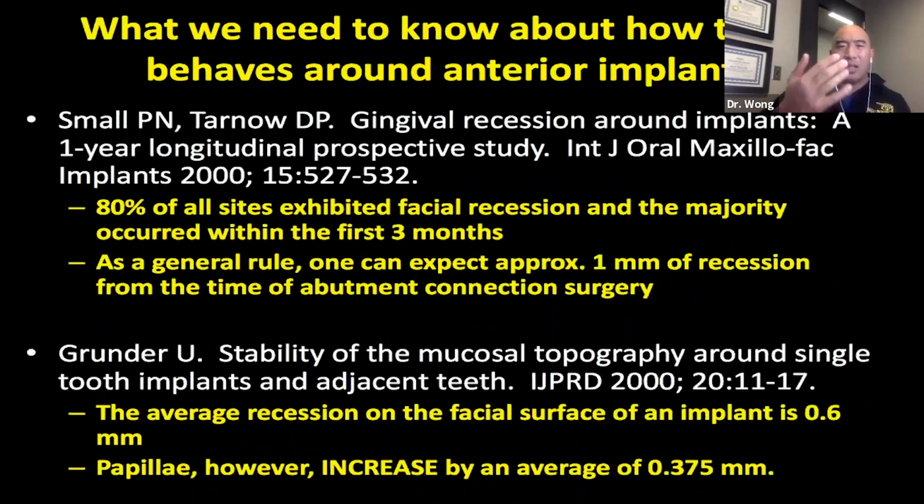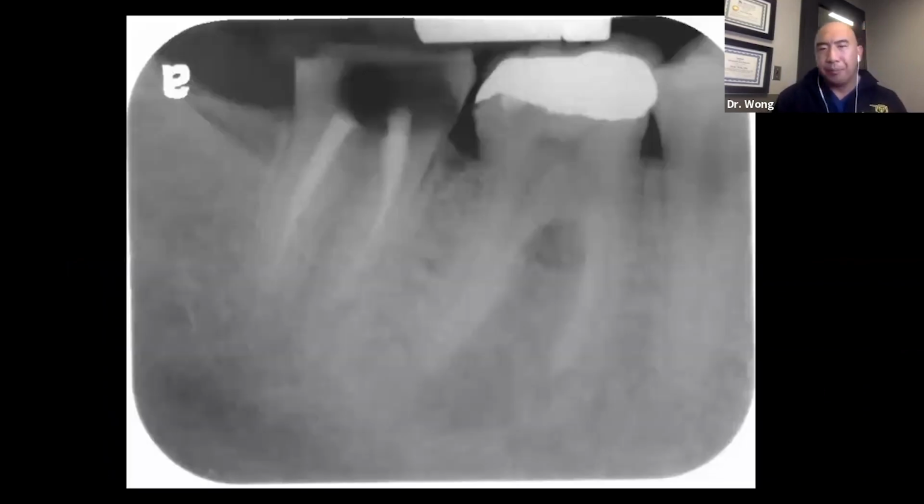So implants alone are already getting 1 millimeter of recession. I really don't want over-contoured abutments and crowns to help me out in that area. So it's bad enough as it is. Let's not add to our problems. So let's talk a little bit more about